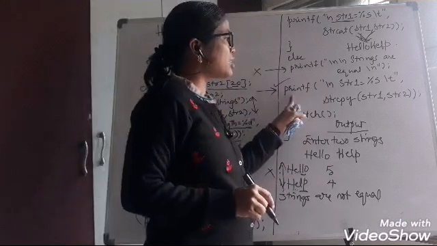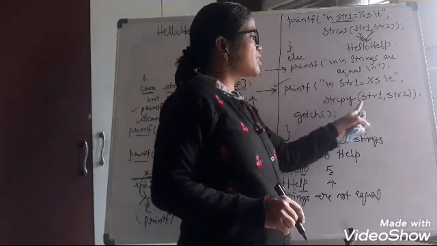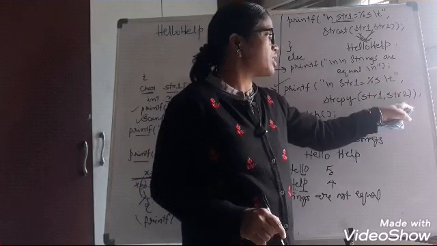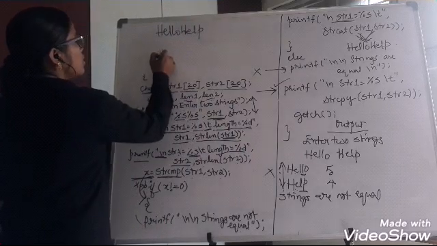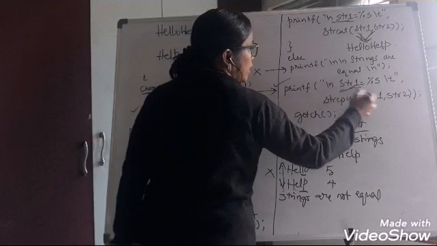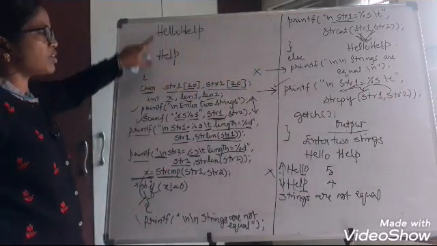So in the remainder section, it is giving string 1 is equal to %s, whereas it is a copy of string 1 and string 2. So string 2 will be copied into here. So it will print only help. So this string 1 will be, string 2 is copied over here. Now you got the difference between these two.